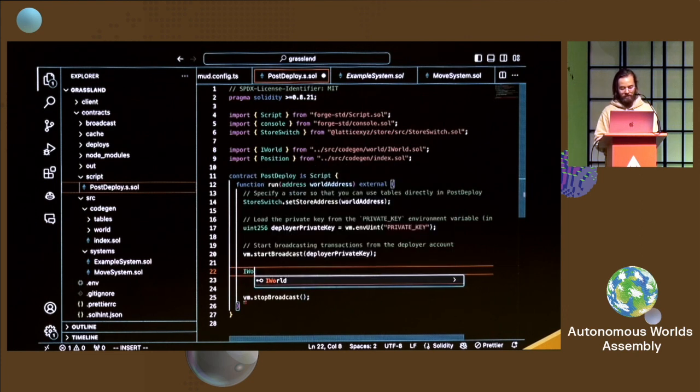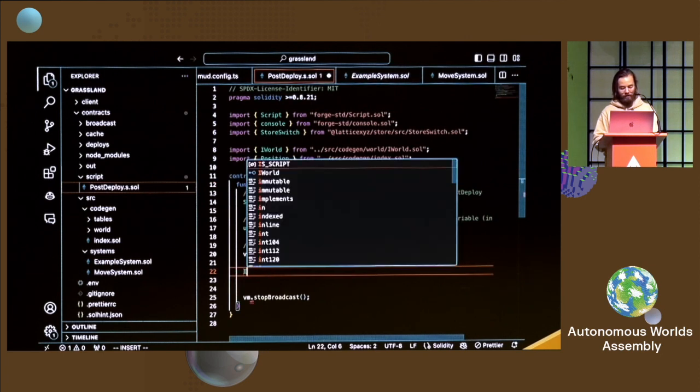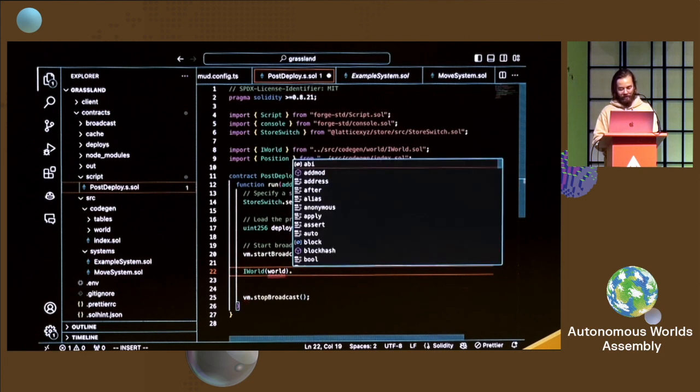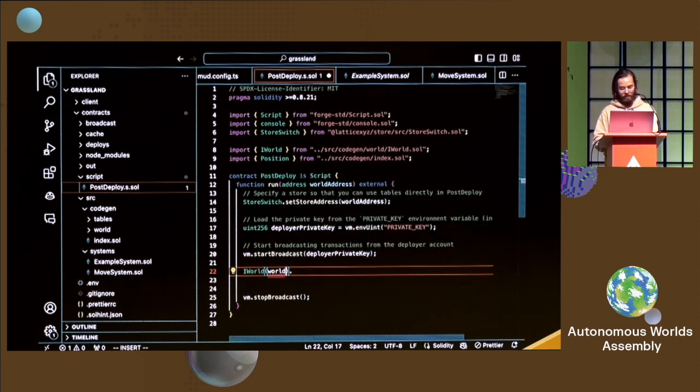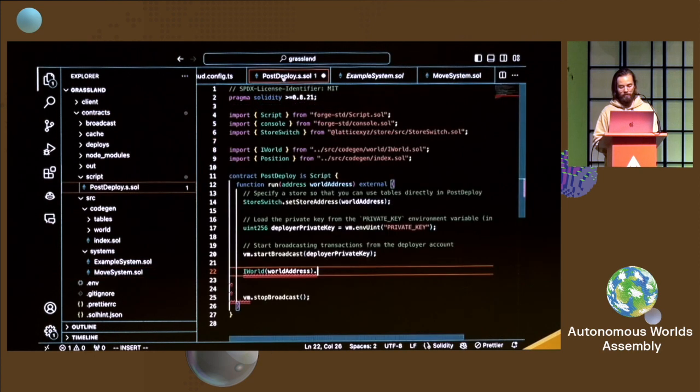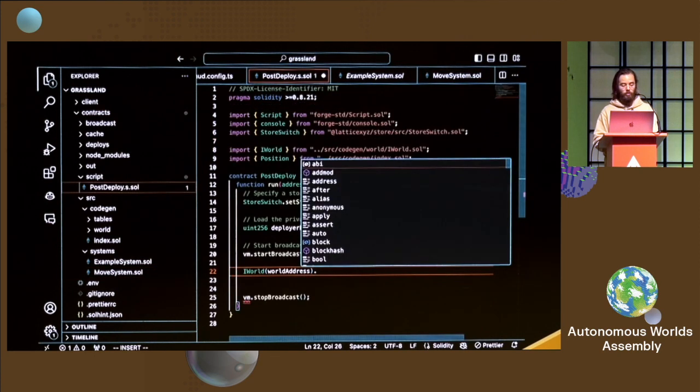And so what I will have to do here is we have access to the world address here, but I will have to cast it into the world, which is the type of our world. And then on here, I should have access to the new function that we just created, which is the move system function. But because we're basically acting as a third-party developer right now, we don't have any special permissions in the world, and so I have to call this with the prefix function that corresponds to the namespace that we're in, and the system name, and then the function name, and that should be